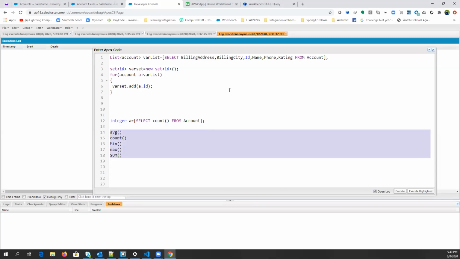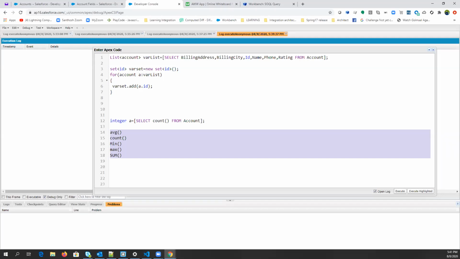We have some more things, like group by, order by, having, and all this. So guys, we have certain things in Salesforce that are different from SQL, the structured query language. What are the different things we have? Can anybody explain? The return type?